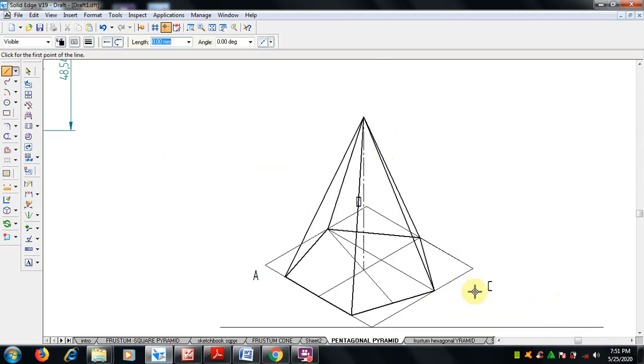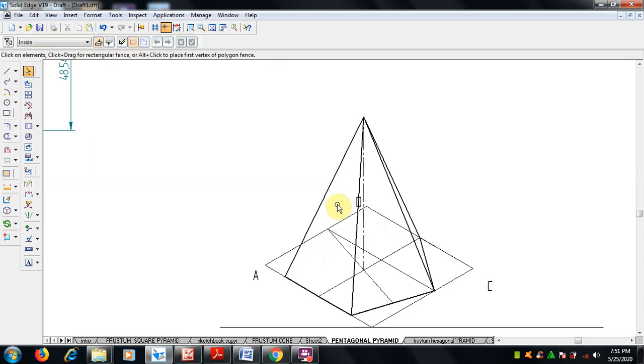So now which are all visible, which are all invisible? So this is the base, visible base this side, and this side is visible, and this also visible, but this and this is invisible. So the slant edge of this is invisible. So what we can see: the visible base, this triangular face and this triangular face are visible, and the axis we have done. So the remaining things we can delete.